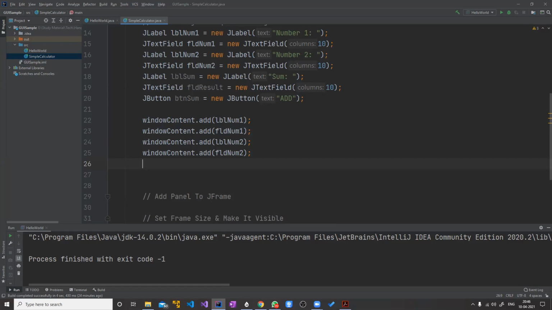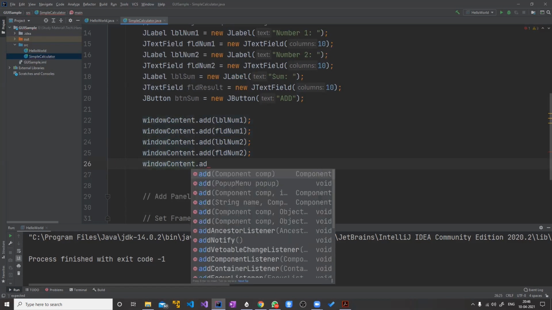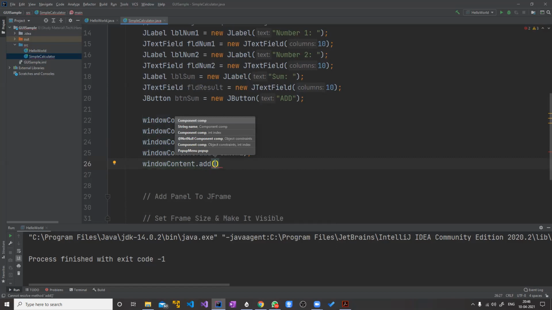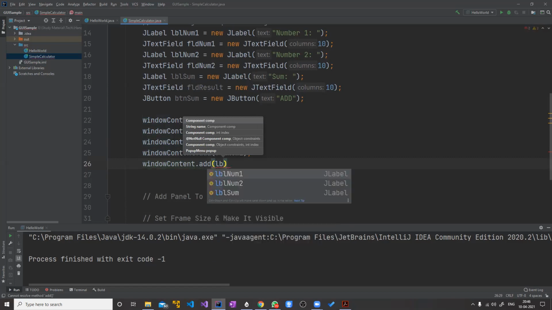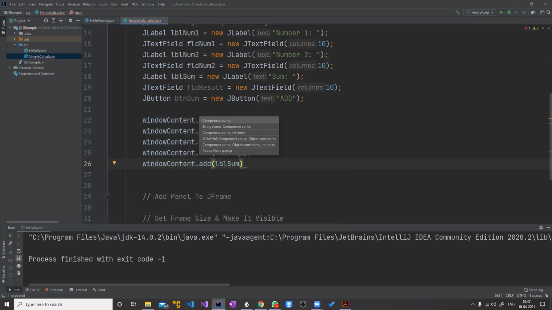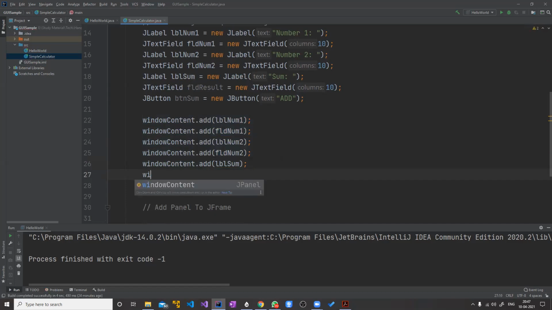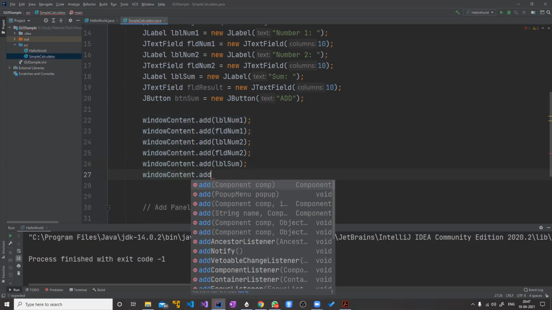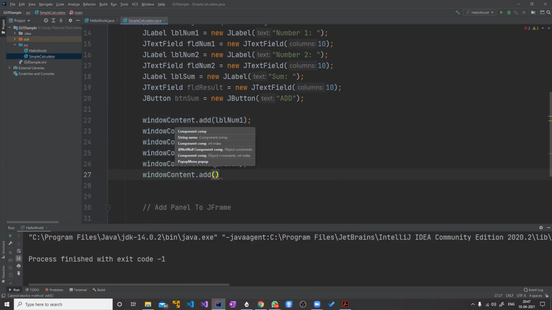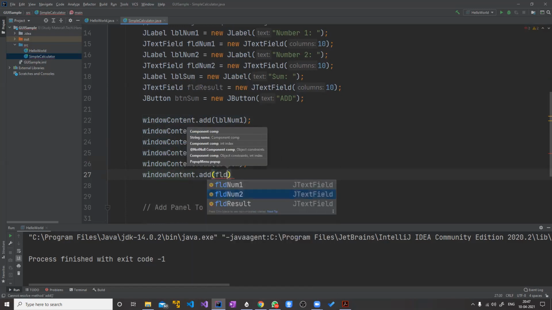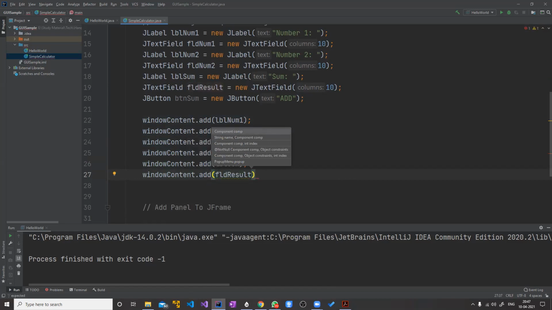Next is we have to add the label which shows result. So that is, I guess, label sum. Next to this will be again our text field, and I think that is field for result.